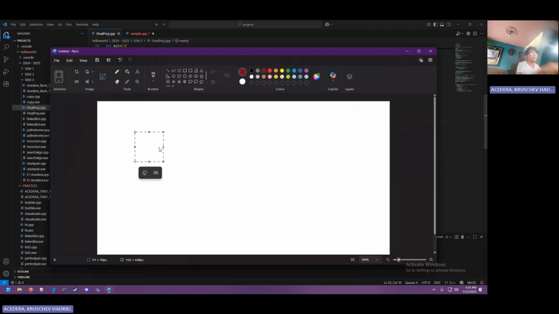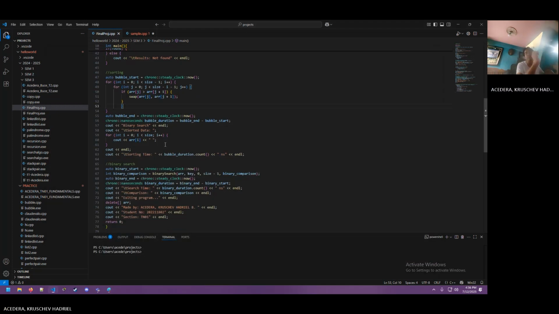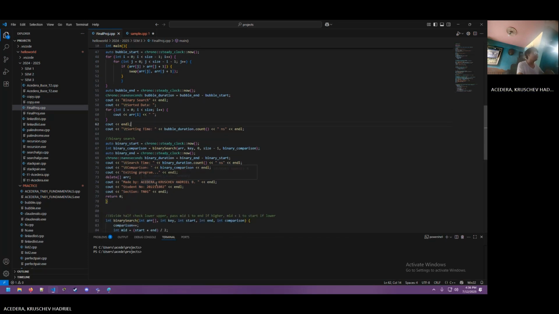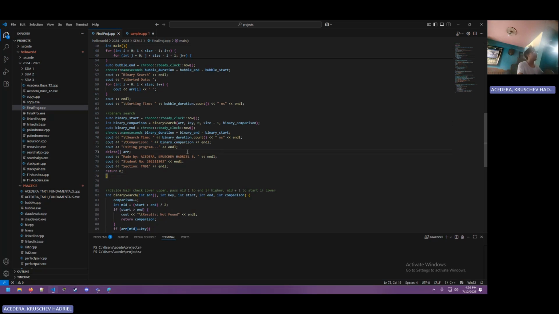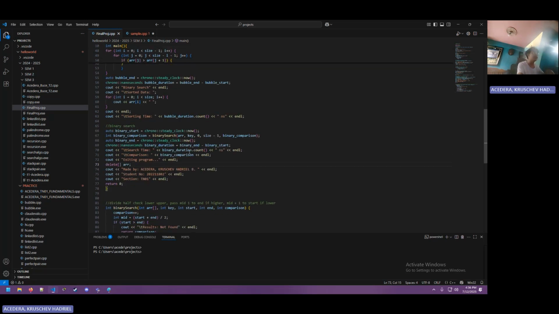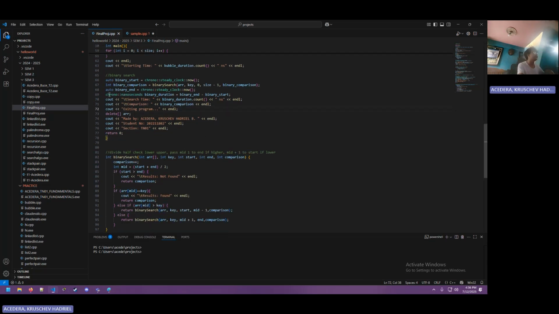After fully sorting your array, we go now to binary search, wherein we create a recursive function. For the recursive function, what I need to pass is, of course, the array, the key or the data you're searching for, the start, the end, and the comparison, which is just for counting how many times we recurse or call the function. So this is my function call.